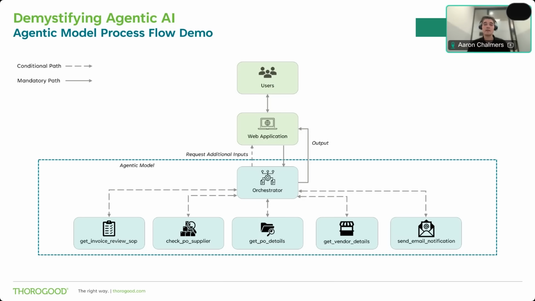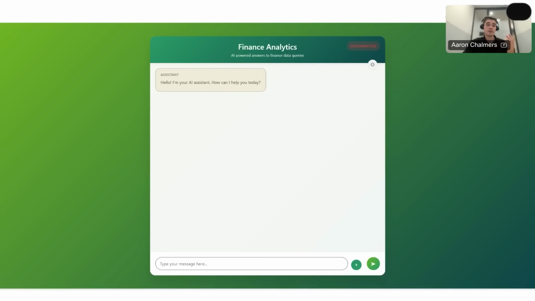And as mentioned earlier, these tools are available for the orchestrator to use, but they are not mandatory. The orchestrator will choose which tools, if any, it should use, depending on the query. As mentioned, this is the custom web application that we've created. It sits on top of our agentic model, and it allows users to interact with that model through prompts and